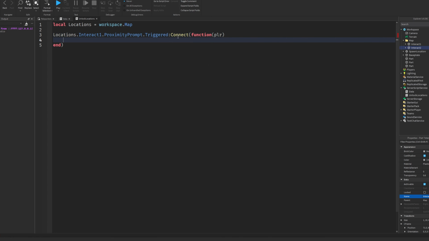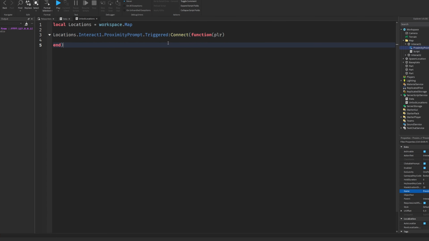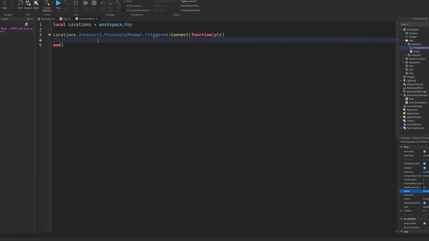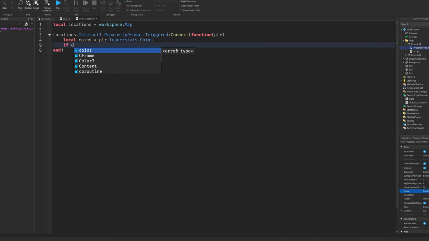The player. So what this basically is going to do, when you hold E or you press E and interact with the proximity prompt, then it will run any code that's in here. And you have to use .Triggered for this on the proximity prompt. So we will just first off check if the player has enough money. So the coins value. So we will do local coins equal player.leaderstats.coins, and we will just check if coins.Value is more than or equal to